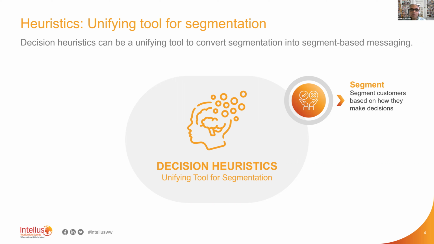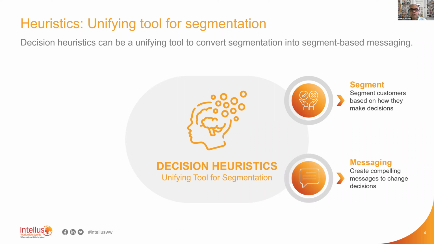So if you actually segment customers based on decisions, you are already starting in a better place. If you know the decision heuristics of your segments, there is already a well-established process. We're going to share that with you in a few slides on how to very scientifically curate language. You can literally manipulate words to talk to the decision heuristics of any segment. And so the team who's writing messages can actually be using the exact same tool, which is decision heuristics. All they really need are the heuristics of each segment, and that's it. All the rest of the information about the segment profiles, etc., actually becomes noise. It is not necessary for the messaging work.